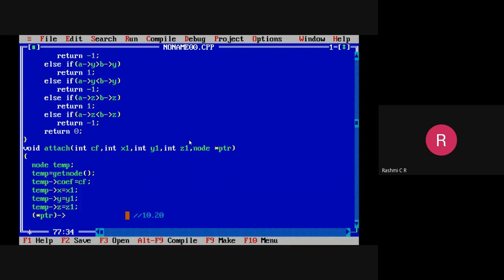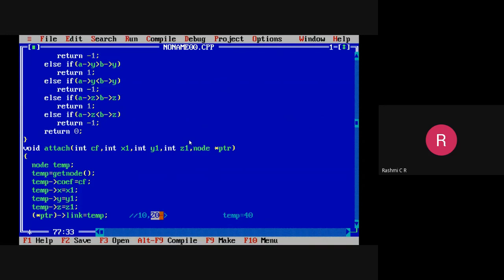Suppose, consider an example. Consider you have 10, 20. This PTR will hold the address of 20, and consider the temporary node which you are creating now is equal to 40. Suppose 40 is getting added to the right of 20. What happens to the link of this 20? It should now point to 40, because 40 is the node getting appended to 20. Hence, the link of PTR will now be pointing to temp. Temp, as of now, you can consider 40 as my temp, getting added after 20. So PTR will be pointing to 20, and its link is changed.